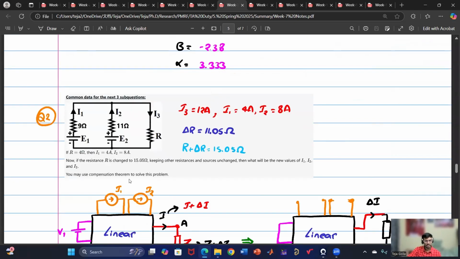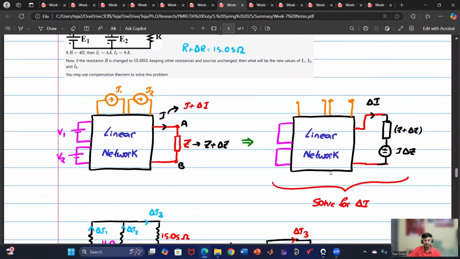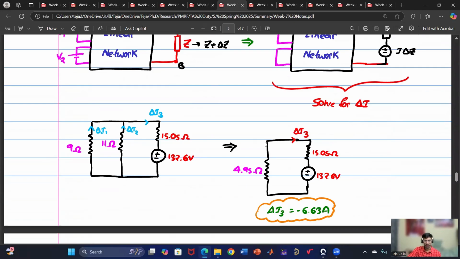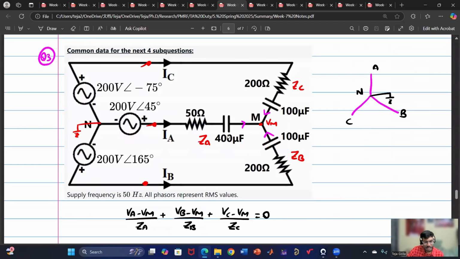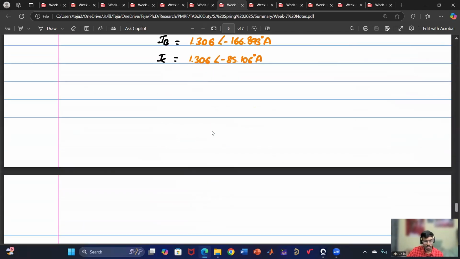And here they have changed a resistance, so we have seen that it is the compensation theorem. We have used the equivalent circuit to solve for delta I, and then we have calculated the actual currents, which are I1 plus delta I1, I2 plus delta I2, I3 plus delta I3. And then the circuit is something similar from our earlier week, so this has nothing to do with this week actually. It is like a bonus where you have to apply KCL and solve for the